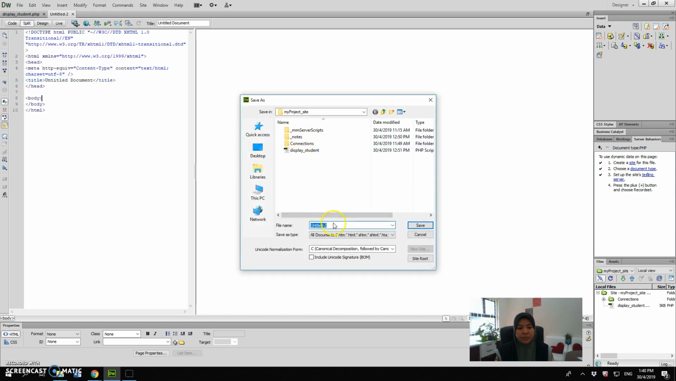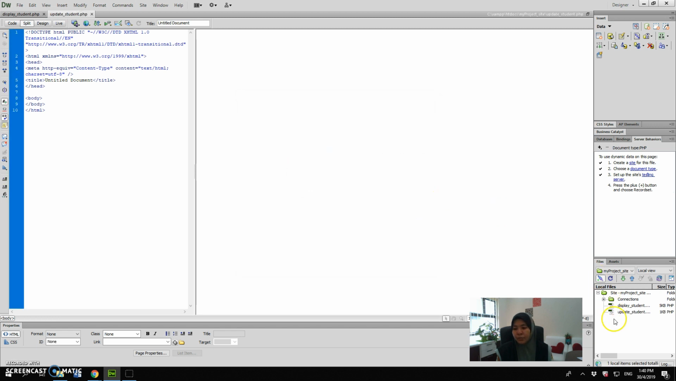Name the file as update_student.php. Just before this we had display_student, so now it is update_student.php, and then click Save. Now you can see in the file navigator down here, we already have update_student.php. So now,